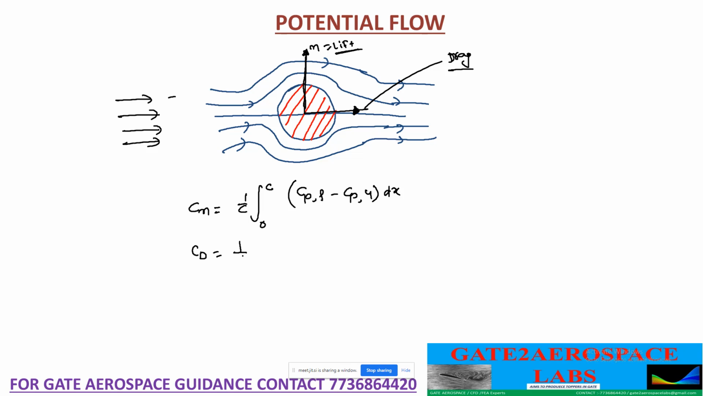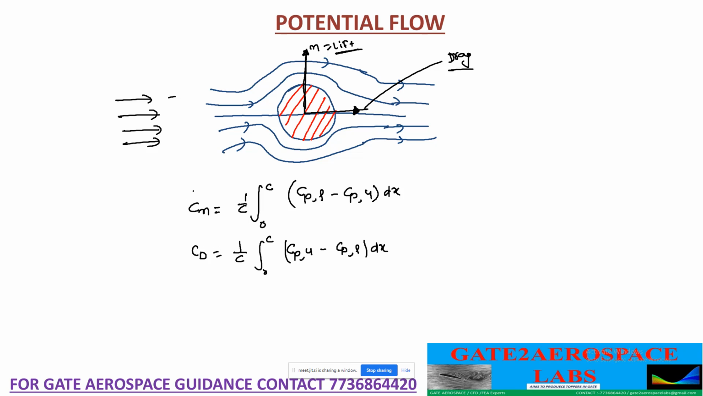And similarly for drag, you will have the integral from 0 to c of Cp in the front half, the upper half, you can consider this the upper half, minus Cp in the lower half. Basically it means pressure in this half and pressure in this half. This will be equal to